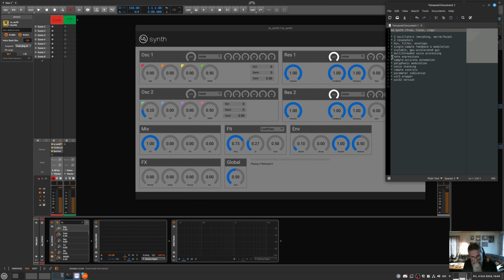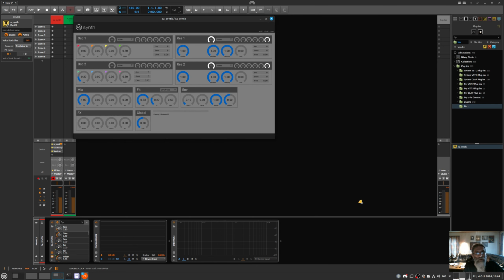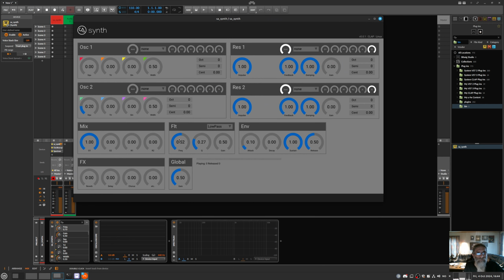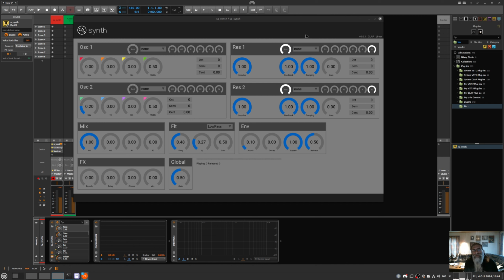Note expression, with sample accurate automation. That's mainly it. It has a GUI, of course, a scalable GPU accelerated OpenGL GUI, which is really nice. It's smooth and nice. It has stats, and also